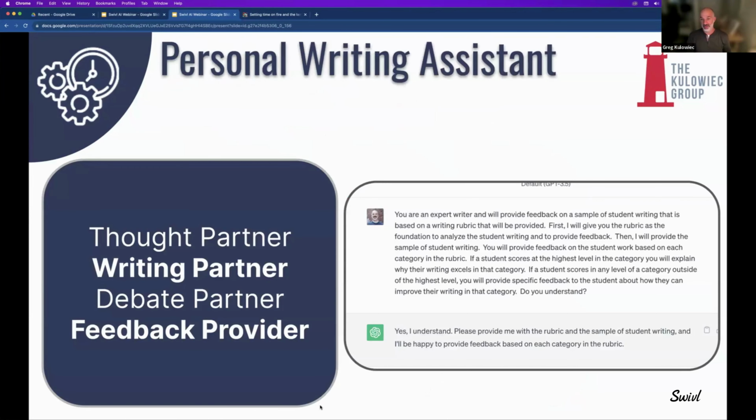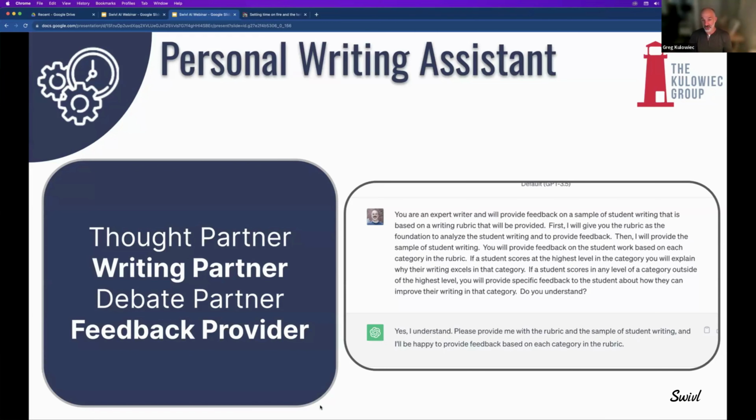What I mean by that is a student who might go home with their assignment that they wrote and the rubric they've been given, and they can go to ChatGPT or whatever text generative tool and say, hey, I have my writing, I have the rubric, I want you to give me feedback right now. My teacher hasn't done it yet. And now I can get targeted feedback on how I land on each criteria. If I'm a 1, 2, 3, or 4, suggestions to improve, evidence of why I'm a 4 on that specific domain. So the students who know how to do this now have what is essentially a high-cost tutor at their disposal on any device they can get access to.